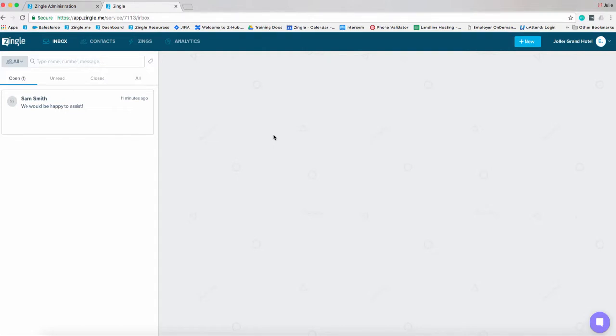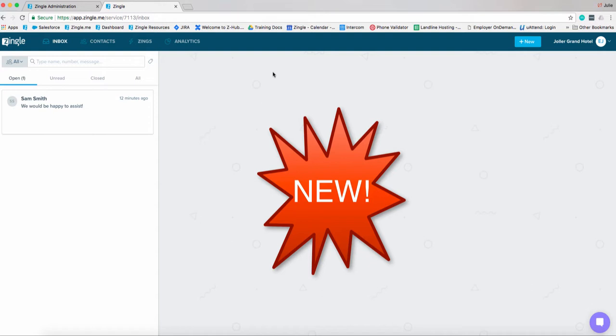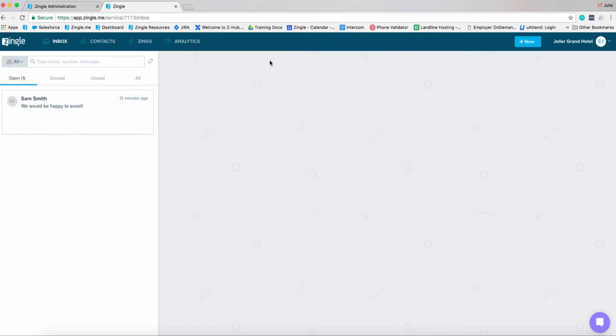We've been hard at work over the past several months creating an outstanding new experience for you and your team. Our new team inbox has all the great capabilities of the classic inbox, but is much more user-friendly and even has some great new features. Let's take a quick run through of the new team inbox and highlight some of the changes that you will